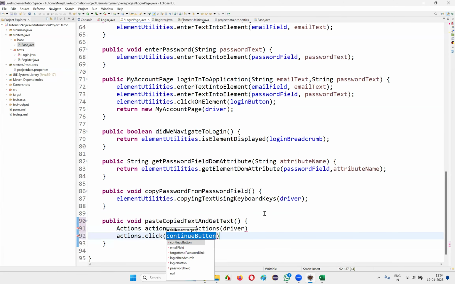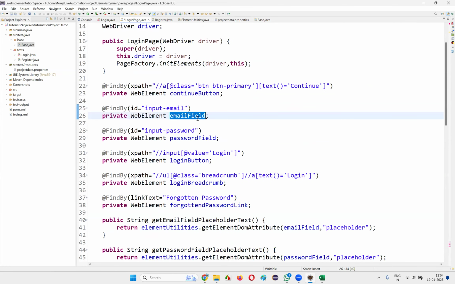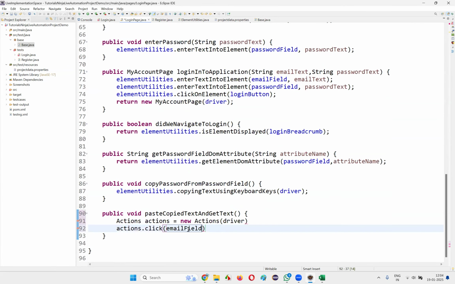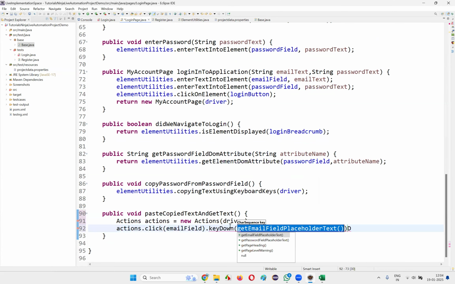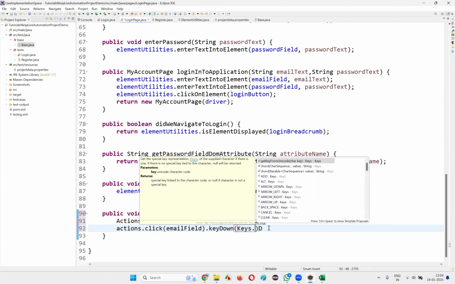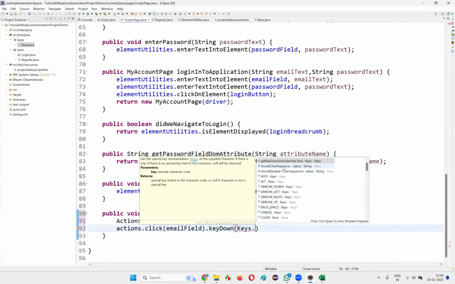Click on web element. Which web element do I need to click on? Which field here? Let's say the email field. I'll click on it, and then dot key down, keys dot